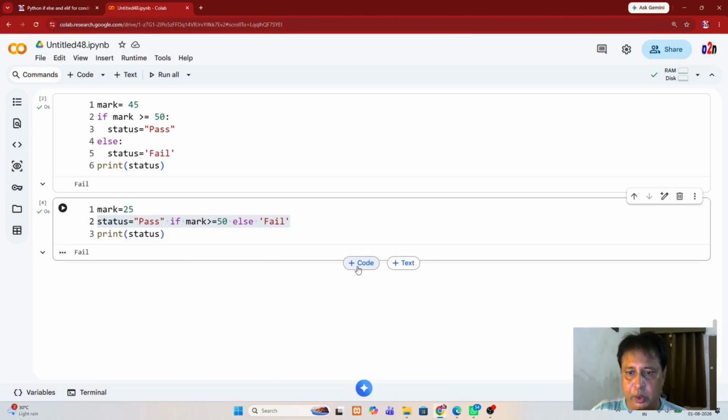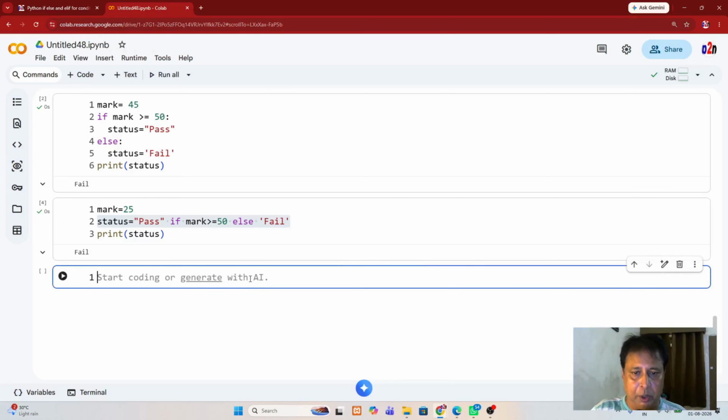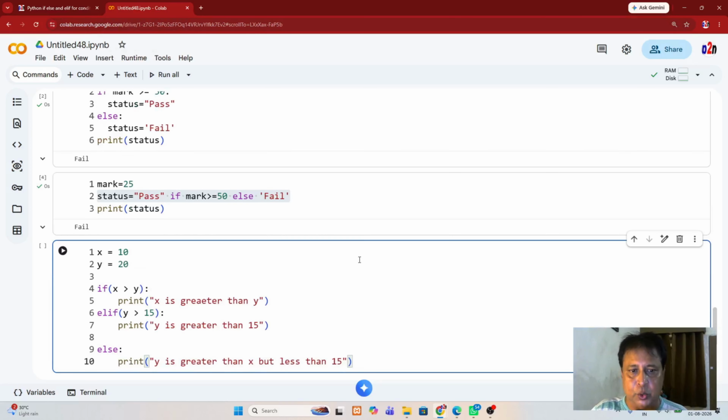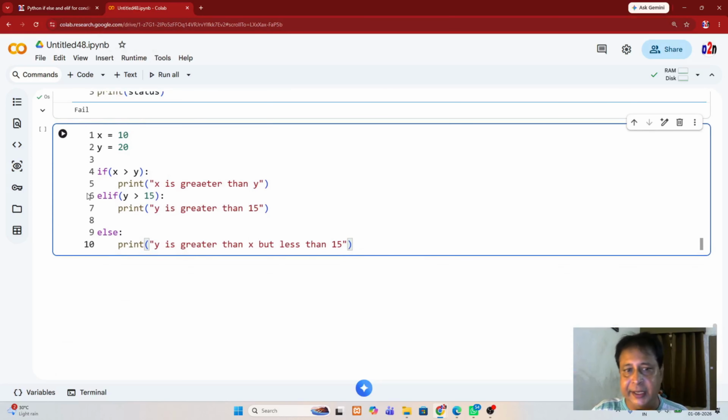Once the if condition fails, we can use either elif or else. Then what's the difference between them? In our Colab, let's add one more code block. Let's paste this code. Let's move up a bit. Yeah, here you see,